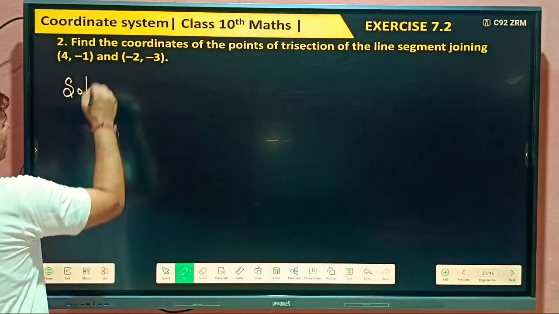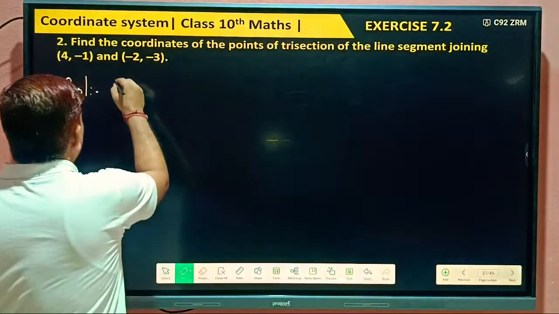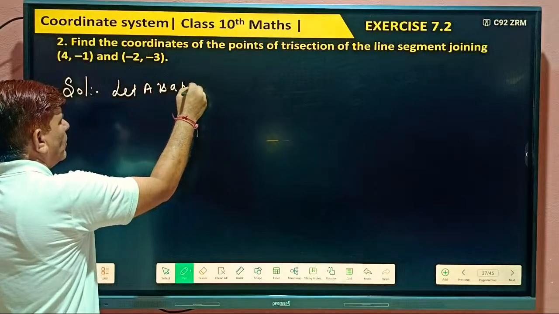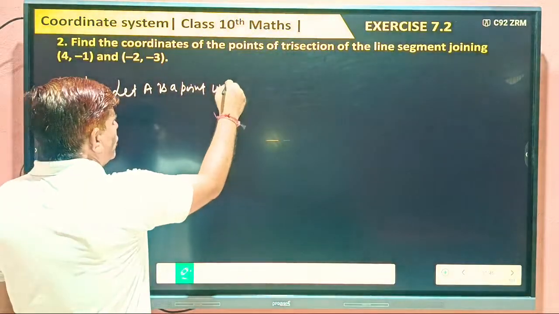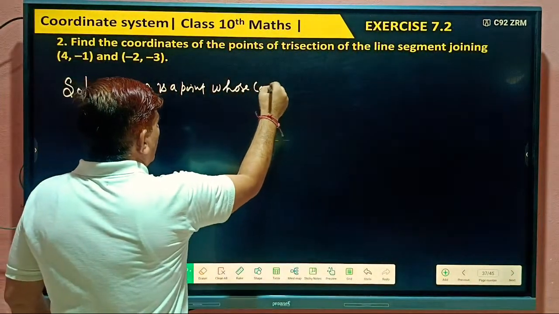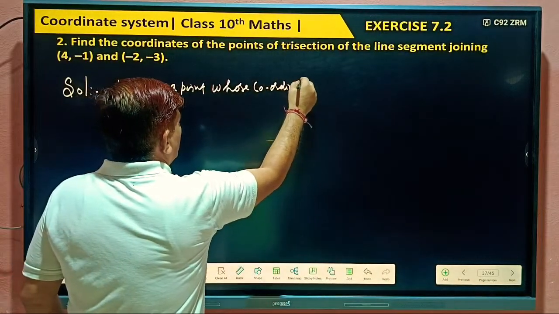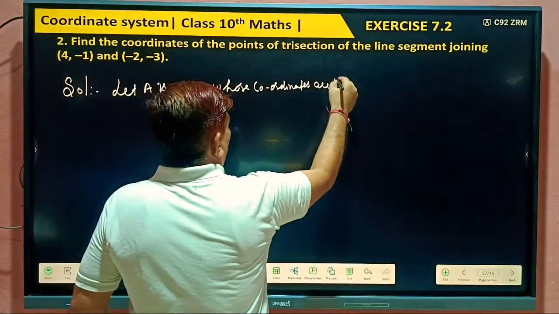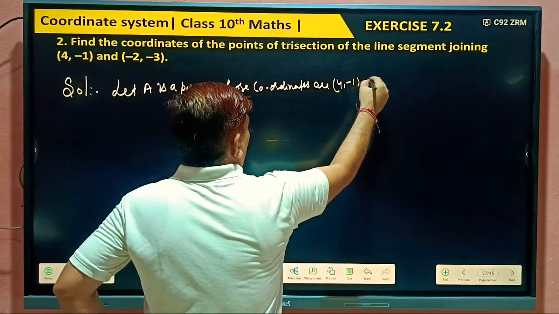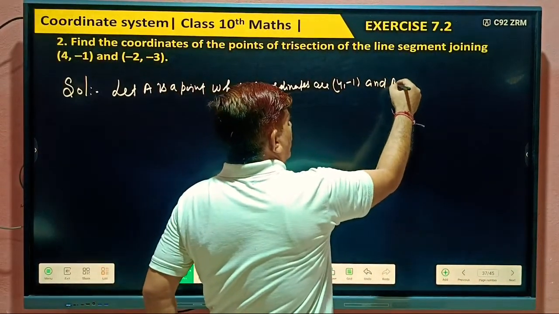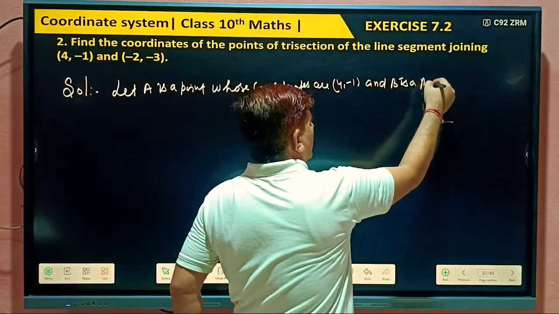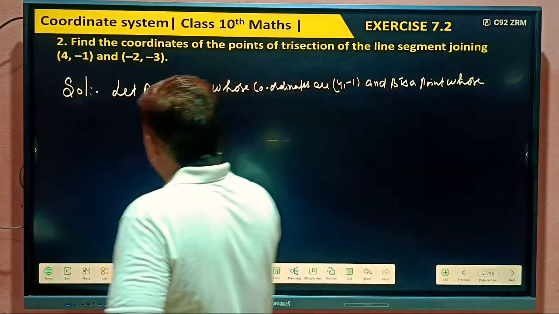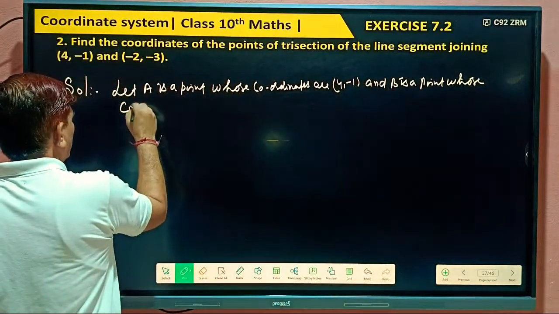Solution given: let A be a point whose coordinates are 4 and -1, and B is a point whose coordinates are